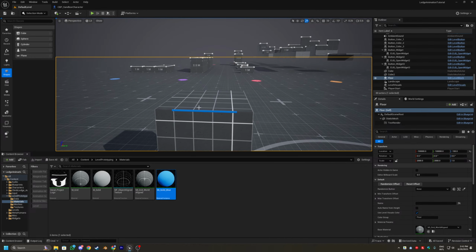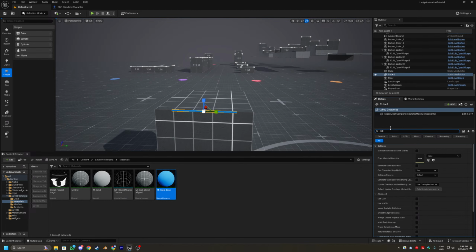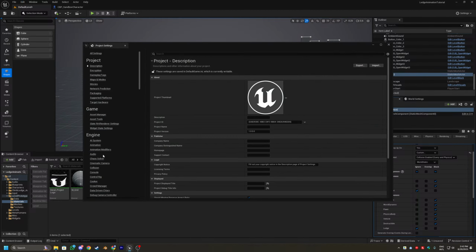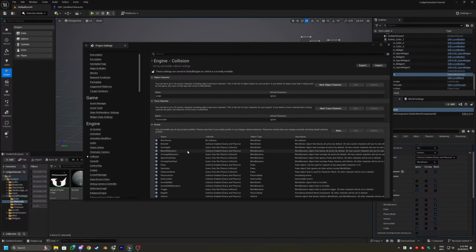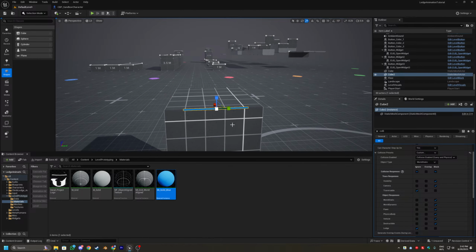Now all you gotta do is click on the ledge stripe, and I'm going to go into collision presets, choose custom. Let me just see something here. Project settings, collision. Here you can add a new collision preset. As you can see, so that you don't need to just click on custom and then set everything. So to speed things up,